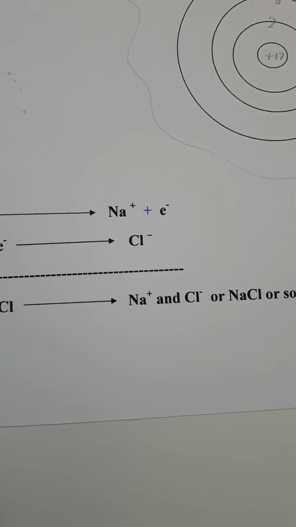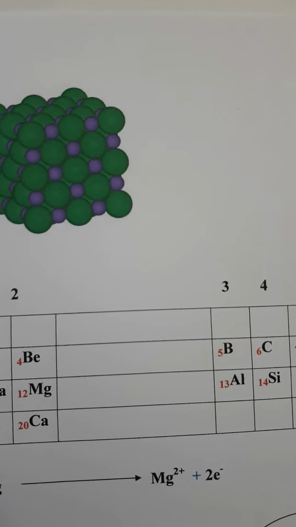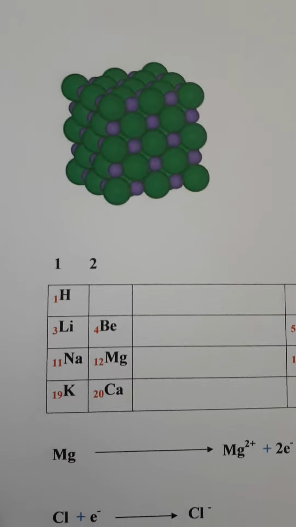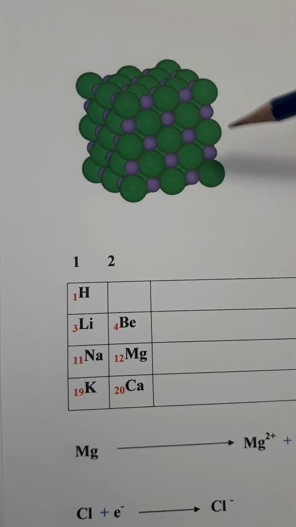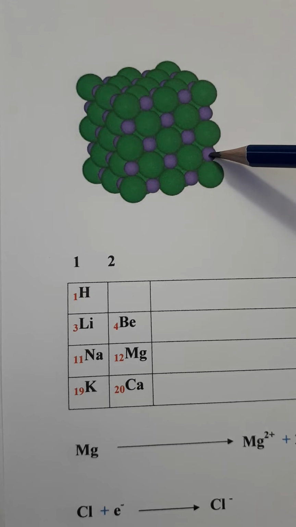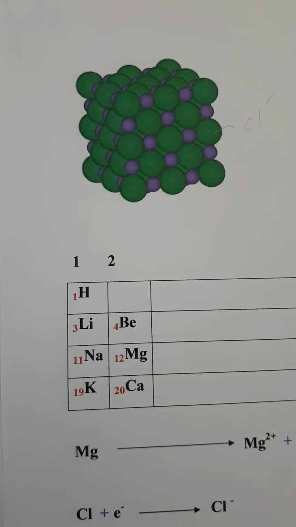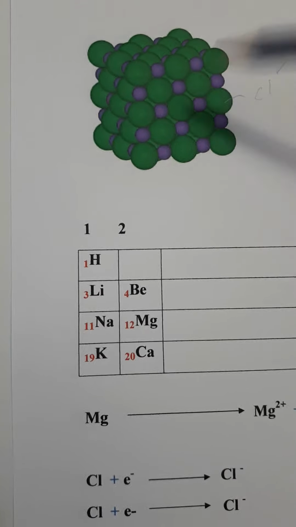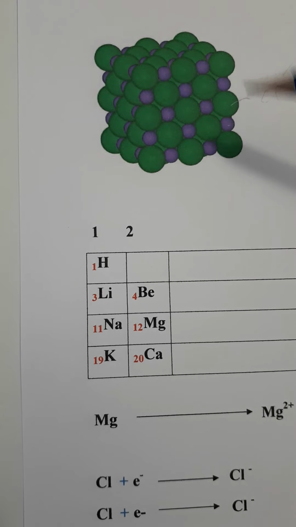If you take a small amount of salt from your salt packet, the ions are arranged like this. The small one is the sodium ion, purple, and the big chloride ion is in green. So they stay together in a lattice like this. Billions of ions are packed like this.